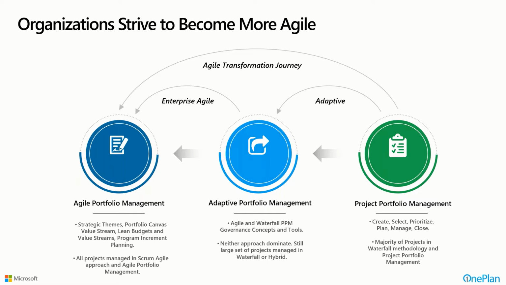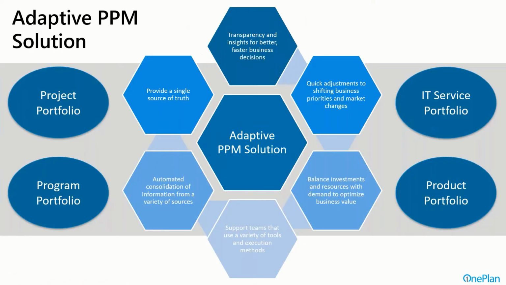So today, we're going to focus on the dimension of adaptive portfolio management in that context. Now, adaptive PPM is more than about agile versus waterfall. Adaptive is saying, hey, we have maybe more than a project portfolio to manage. We might have an IT service portfolio. We might have an overall program portfolio or internal initiatives like transformation programs. We might have a product portfolio that has projects and resources that are needed to fulfill on those things. So many portfolios could be in the mix beyond just the traditional operational project portfolio.